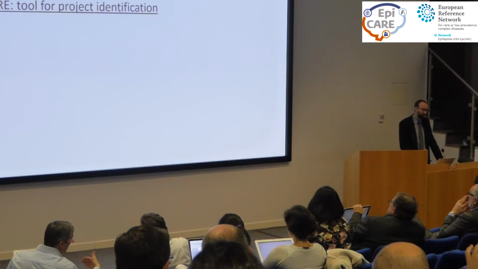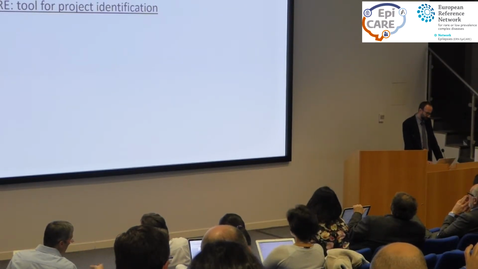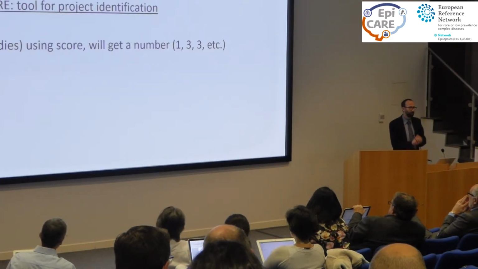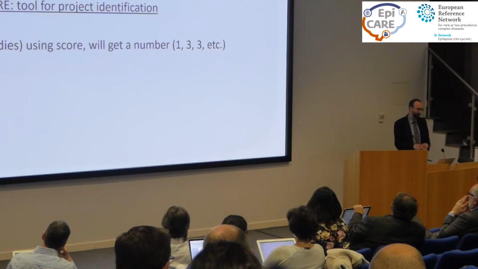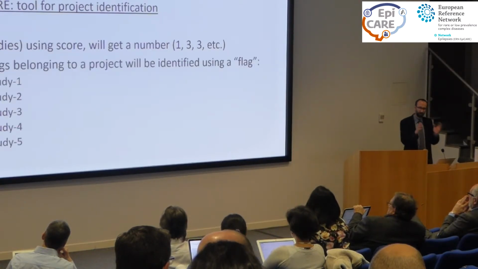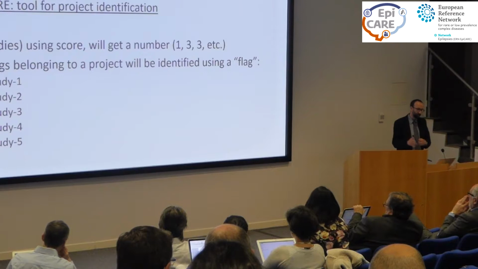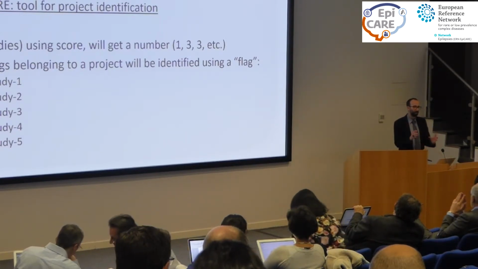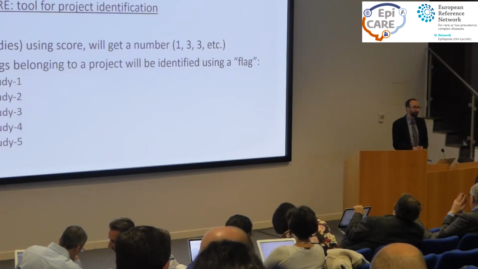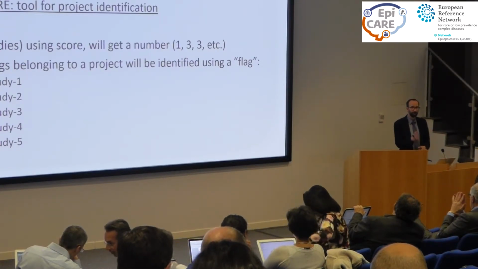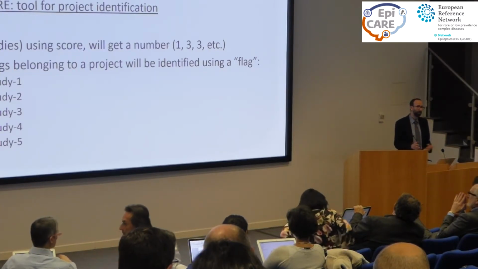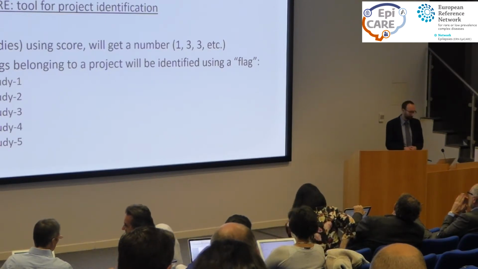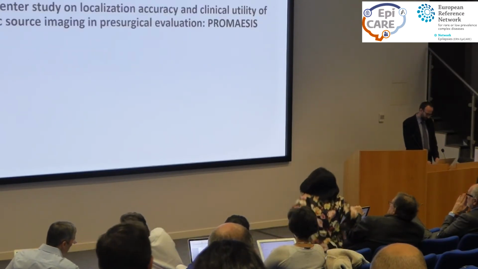Now, within SCORE, we have the possibility of labeling each recording for specific projects. So if you tell me that you want to use the database for a project that you designed, then I can put a label. For example, for a project, this would be study 1 and 2 and 3 and 4. And then when uploading the data, one can label a recording for a specific project or for several specific projects, and then you can use filters. So if you want to do a data search, you can opt for searching through the whole database, or restrict it to those that are flag number 1 or 1 and 2 and so on.